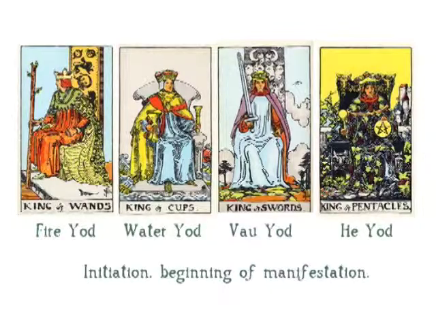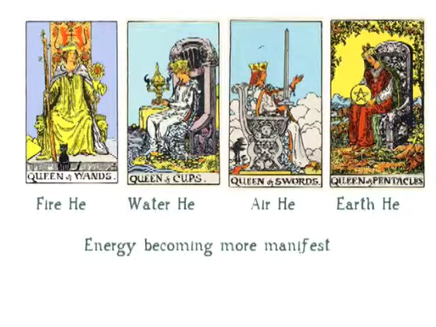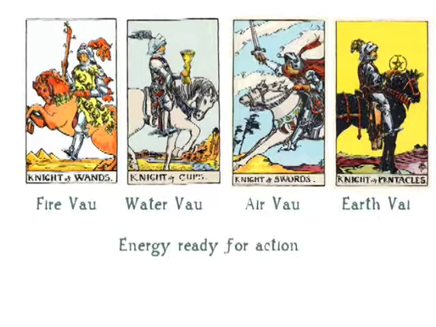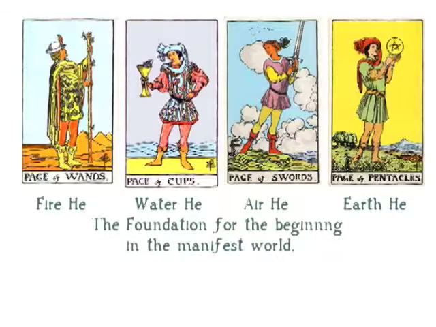The king is the very first, very quick beginning of that. The queen is somewhat less energetic, and the energy becomes more manifest. Oh, I see. So the pages in this case become the foundation on which you then begin with the ace, which is the possibility of all things in that. So you have the holy name, which is manifesting: Yod, He, Vav, He, manifesting from king, queen, knight, to page.